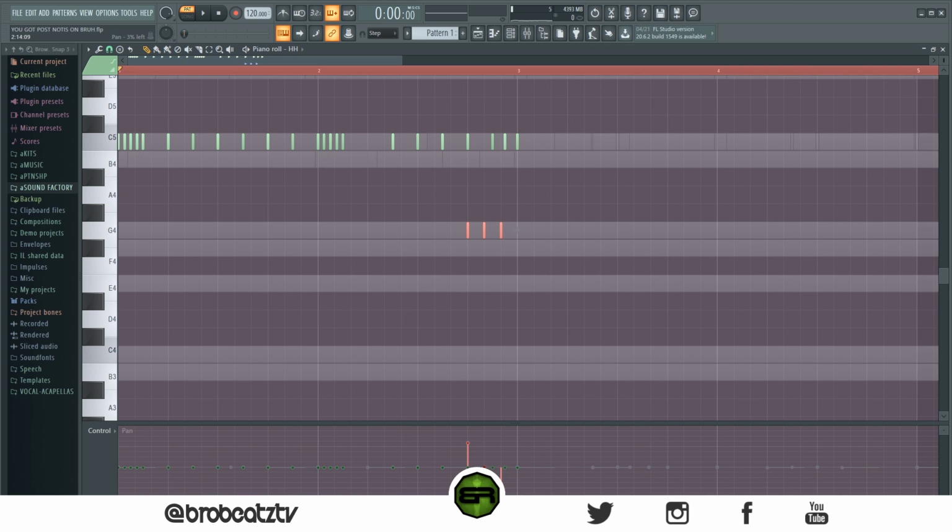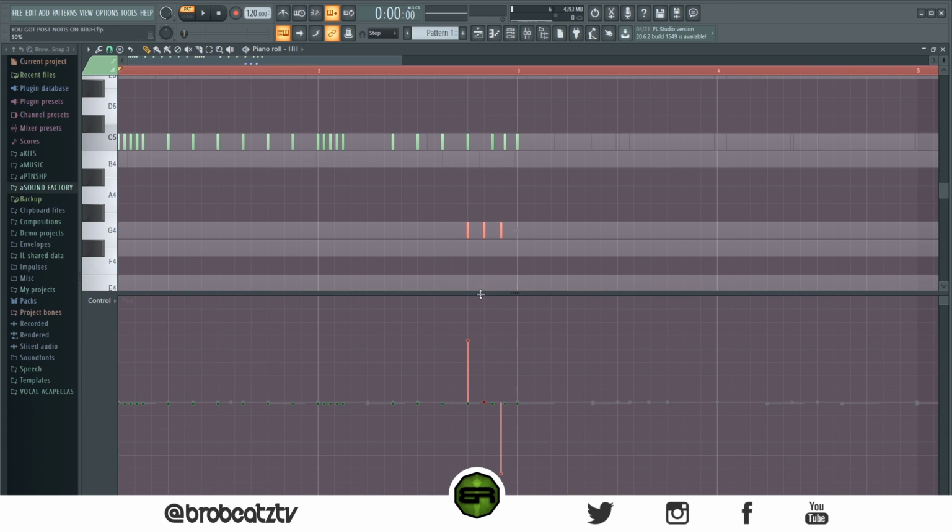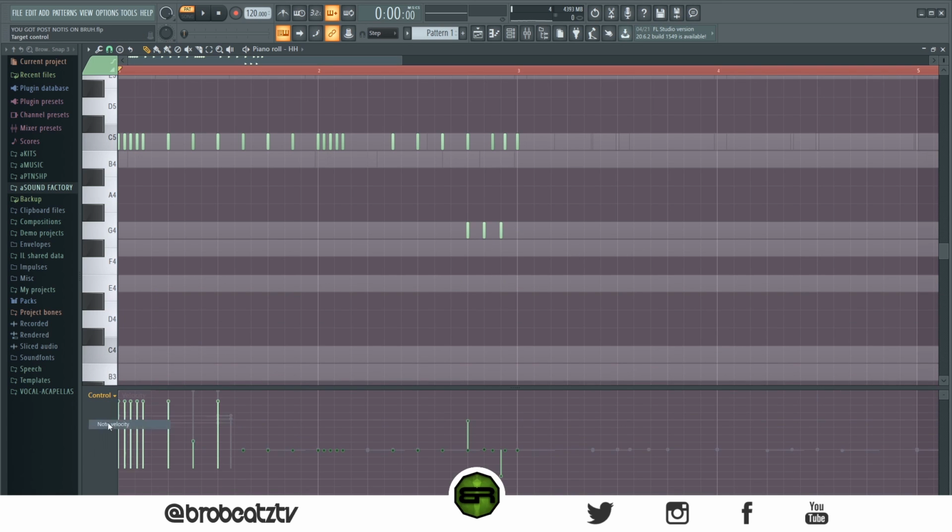And make sure when you pan, well, let me pull this up. Make sure when you pan, you put it back in the middle or click one of the notes that are still in the center, because if you don't, all the rest of your notes will be panned to whichever side the last one was. So if you panned it to the left or right, when you place a new note, it's gonna be panned to that side. So you don't want that. So go back to the velocity,